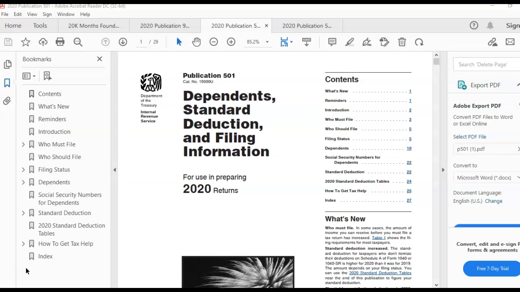So publication 501, which you're looking at on the screen right now, covers dependents, standard deductions, and filing information. Along in this book, we have the tax table that you'll need to look up the tax liability for clients who owe money on the taxes they've made after any adjustments made to income. And then from there, we go to